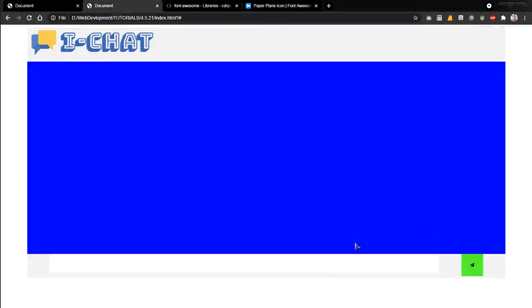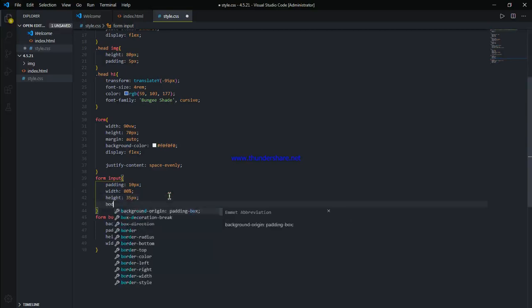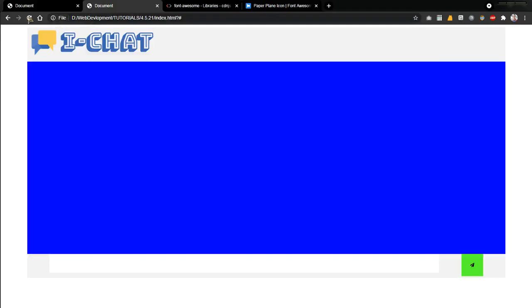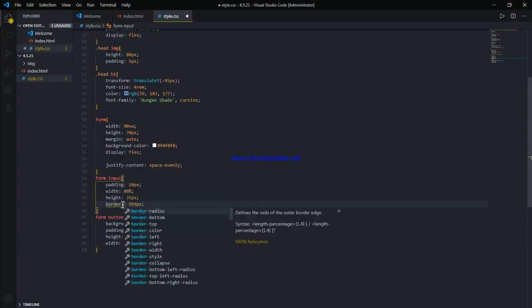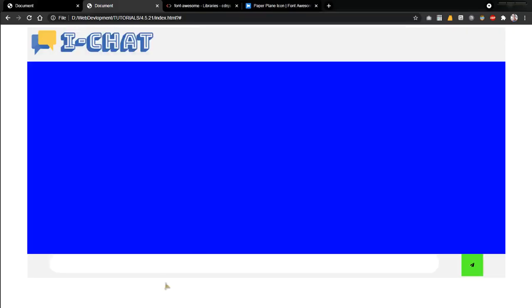And for the border radius, which you can see here, there is a border radius, so we can go border radius 999 pixels. What it does is it rounds it perfectly. Okay, border radius works.